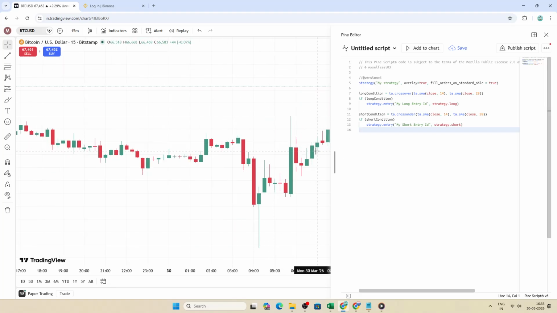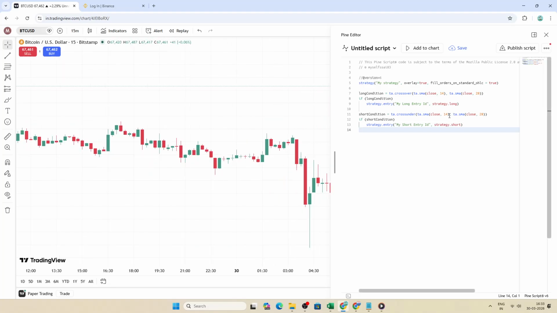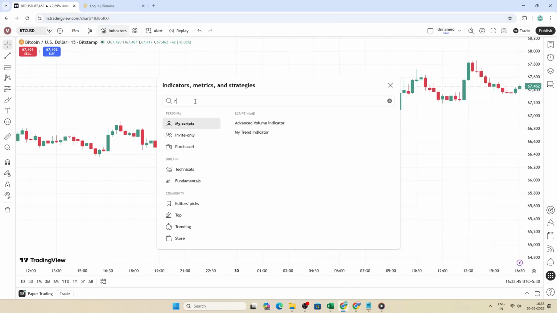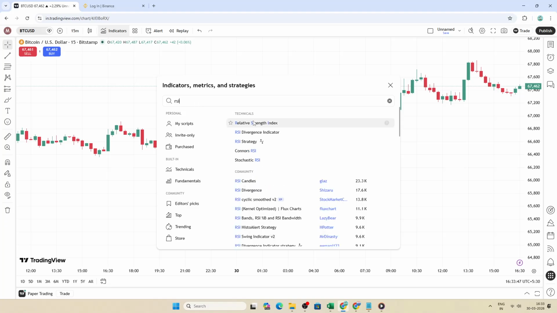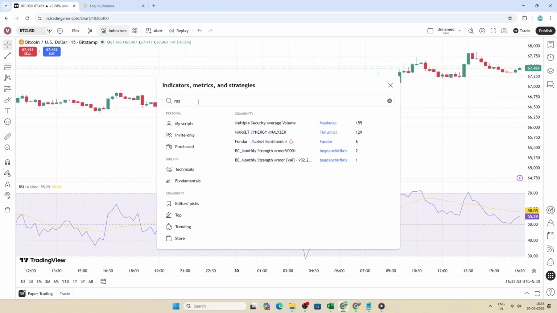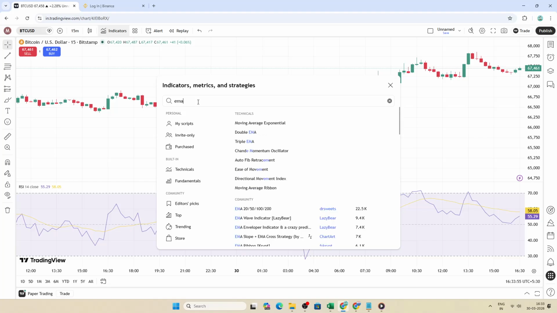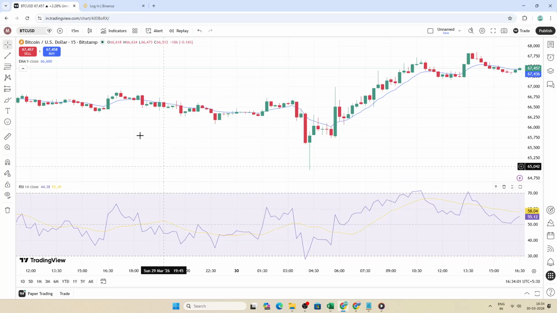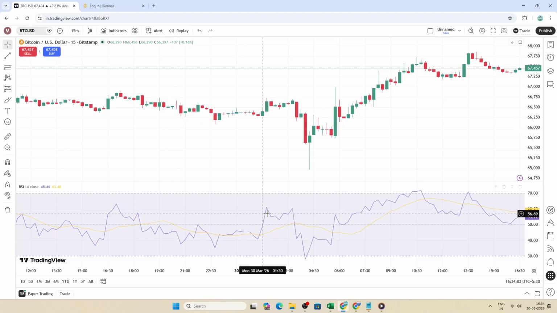With the foundation set, layer in indicators to raise the probability of each signal. Use a fast EMA to define trend direction. For example, only take long signals when price is above the EMA and short signals when it's below. Add RSI to gauge overbought or oversold conditions rather than blindly fading. Look for momentum aligning with your smash bar and confirmation, such as RSI recovering from oversold on longs or easing